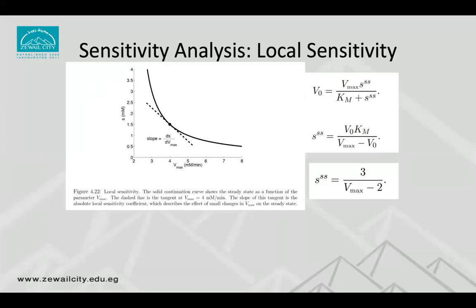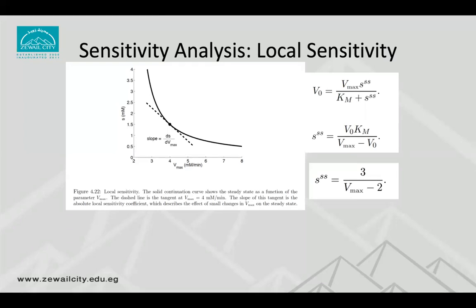This is where we look at defining how the steady state concentration of one component will be affected by changing the initial concentration of another. In other words, how sensitive is one step in our pathway to some kind of alteration of another step in the pathway? And that's something that's very important